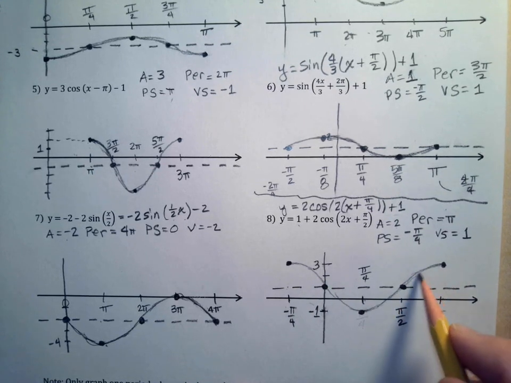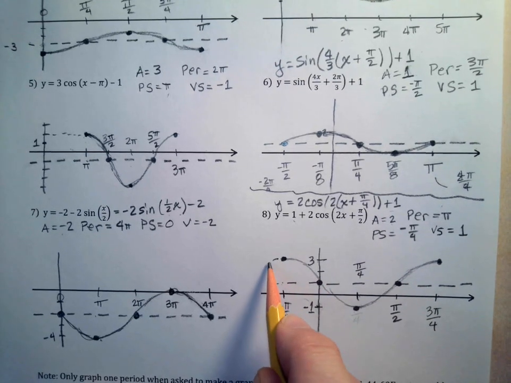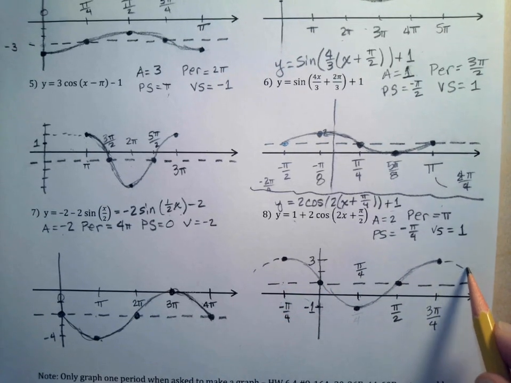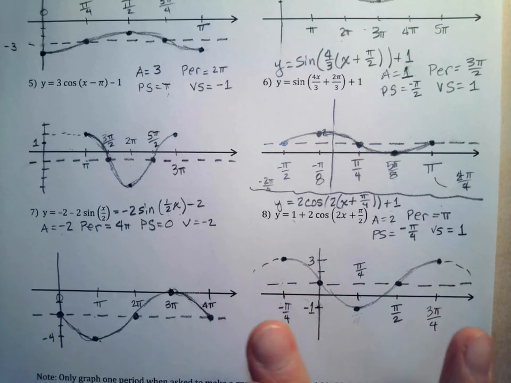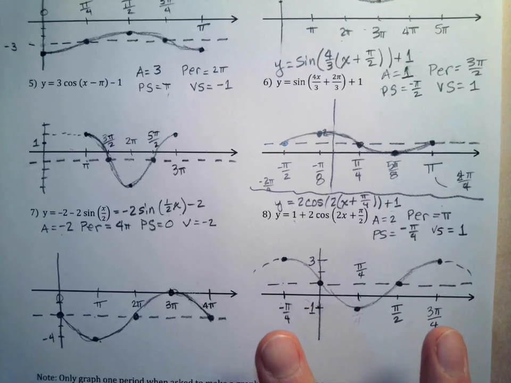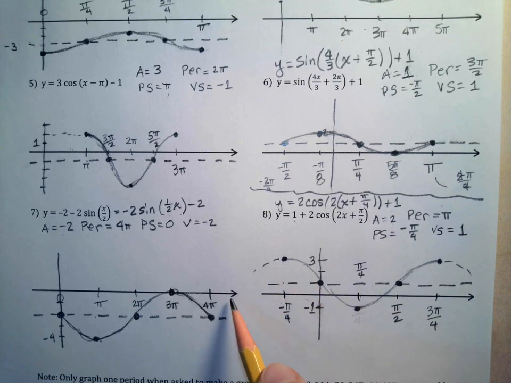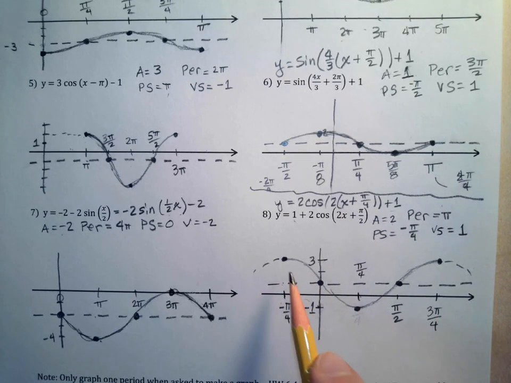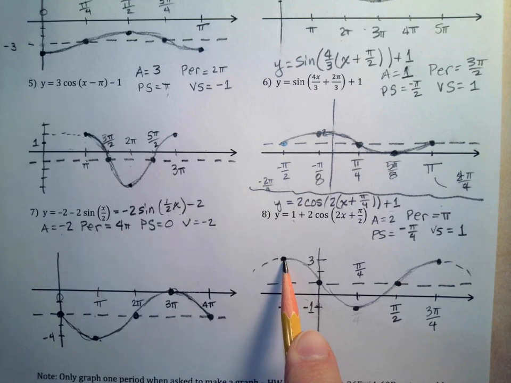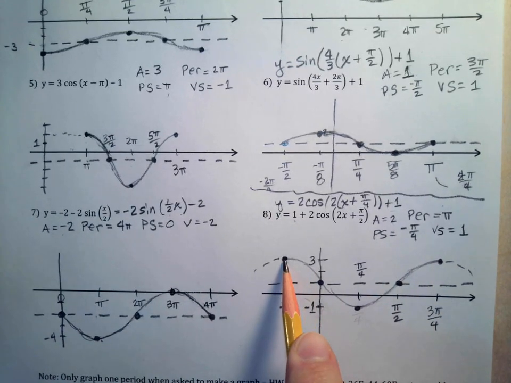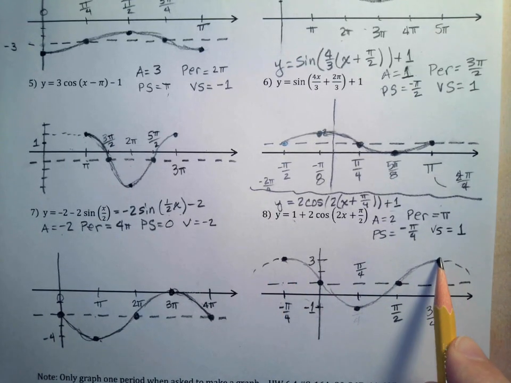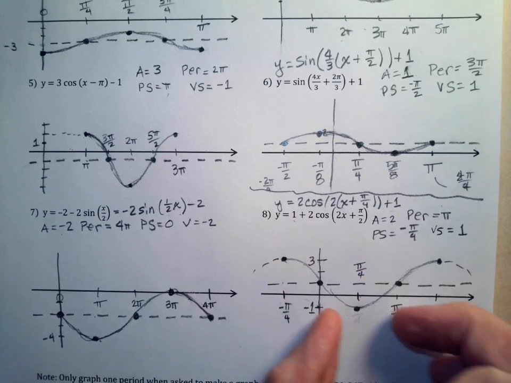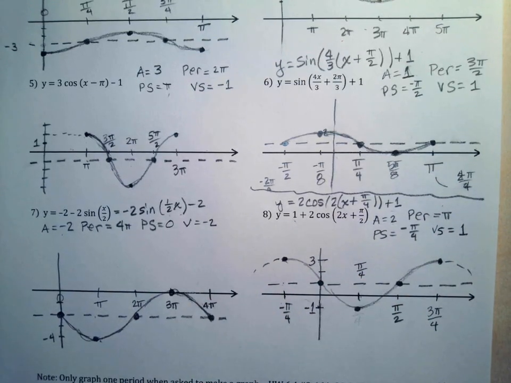Okay, perfect. Now, remember too that this thing continues on, right? And it continues on over here. We're just asking you to plot one period. So even though this would continue, we just want you to use the phase shift to find your first critical value, and then go a period away, cut it in half, then cut those each in half to get our 5 key values and locations, our key points,